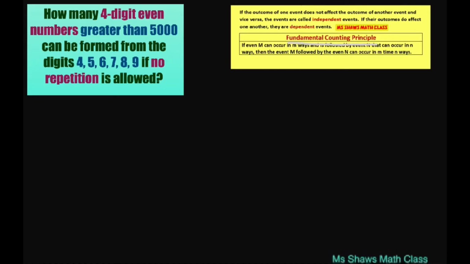And so we need the four digits: 1, 2, 3, 4. And here are the numbers 4, 5, 6, 7, 8, and 9 that we can use. Now, the first thing we have to do is look at the greater than 5,000. So basically, we can start with 5